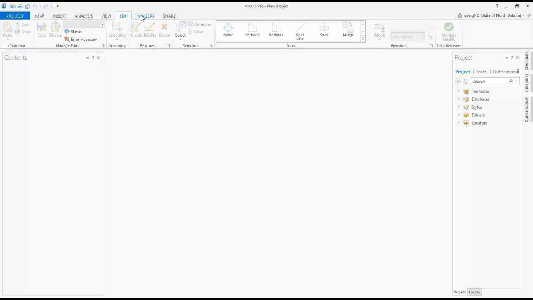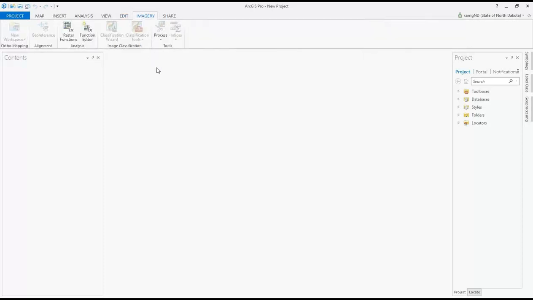And then the Imagery tab is a new thing for ArcGIS Pro, and Esri is really making a push to integrate your imagery analysis and expand upon raster functionality in Arc Pro here, and so a lot of those tools are available from the Imagery tab. And then the last one down here on the line is the Share tab, and of course this is where we can